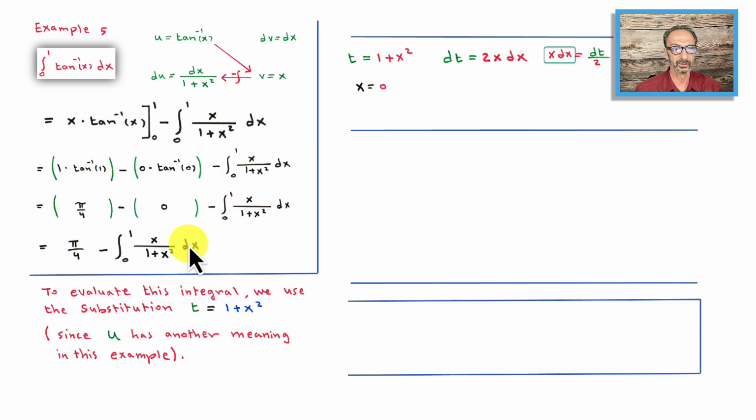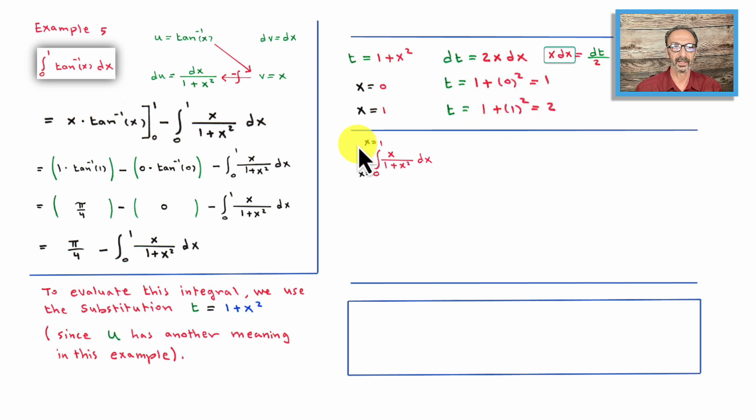If x is 0, that's x equals 0, and that's x equals 1. What happens to t? t becomes 1 plus 0 to the second, which is just 1. So that's my t1, that's my x1. x2 is 1. t becomes 1 plus 1 to the second, which is just 2. Now, this is the problem clearly with x's. x equal and x equal. If I change it to